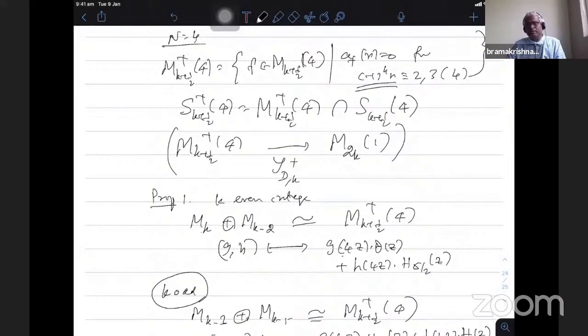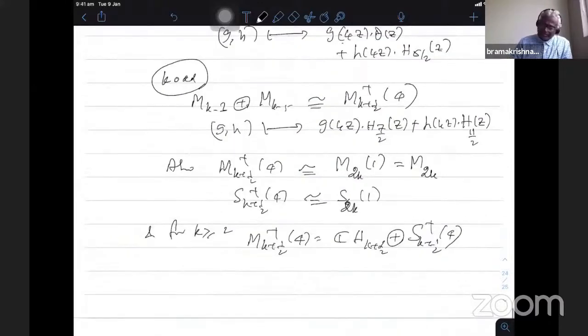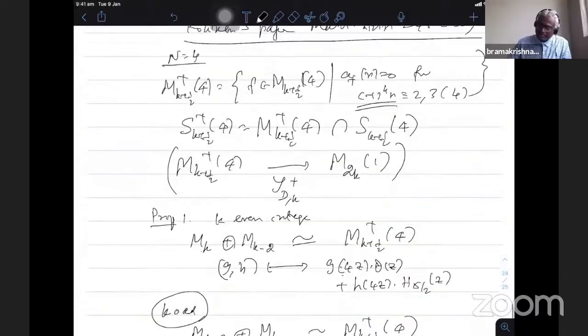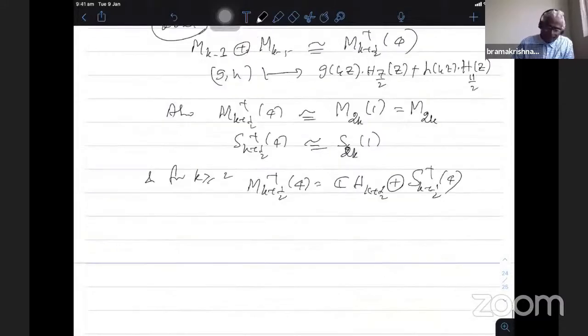When K is even, I have only 0 or 1 mod 4 exactly coefficients. When K is odd, I have 0 and 3 mod 4 coefficients. Okay, not 1. There is a difference. Therefore, one has to do this. Okay, so whatever the space, now he characterizes it in terms of certain operators, which are already known operators, which defines one, the U operator, which is already there.